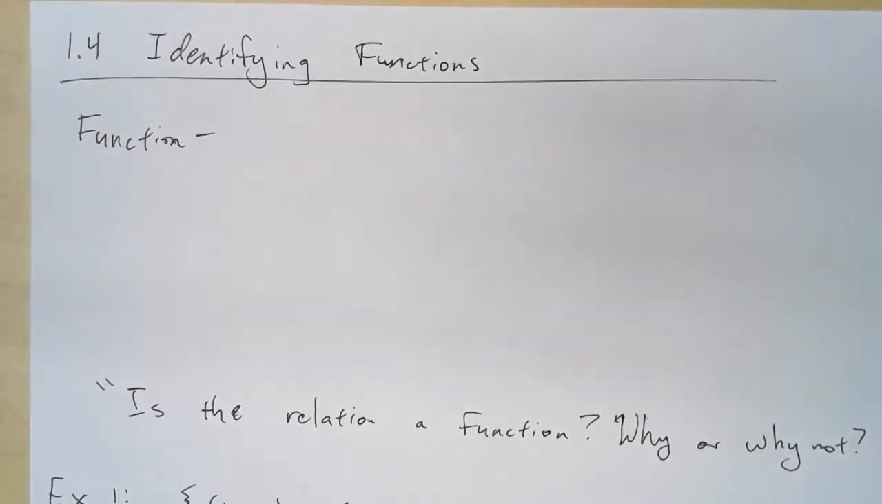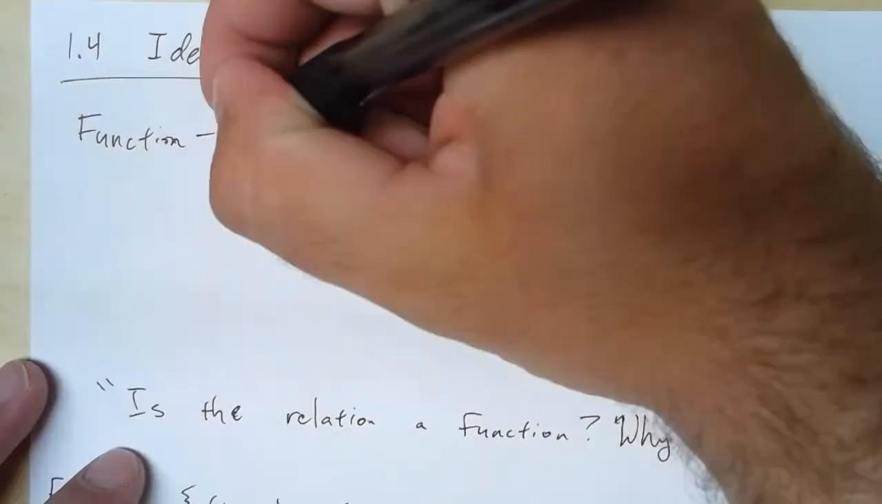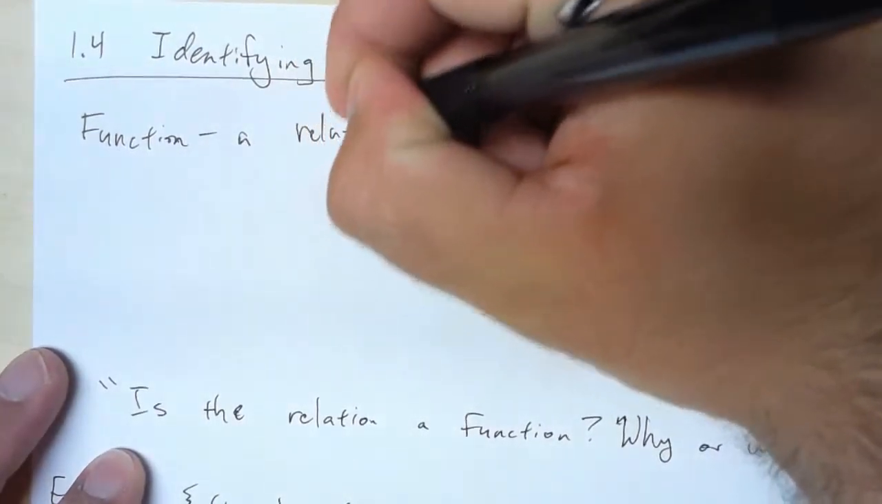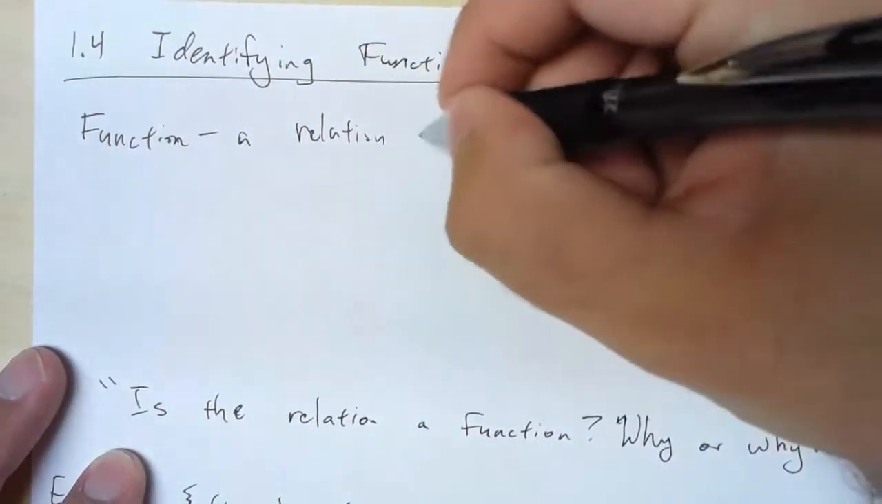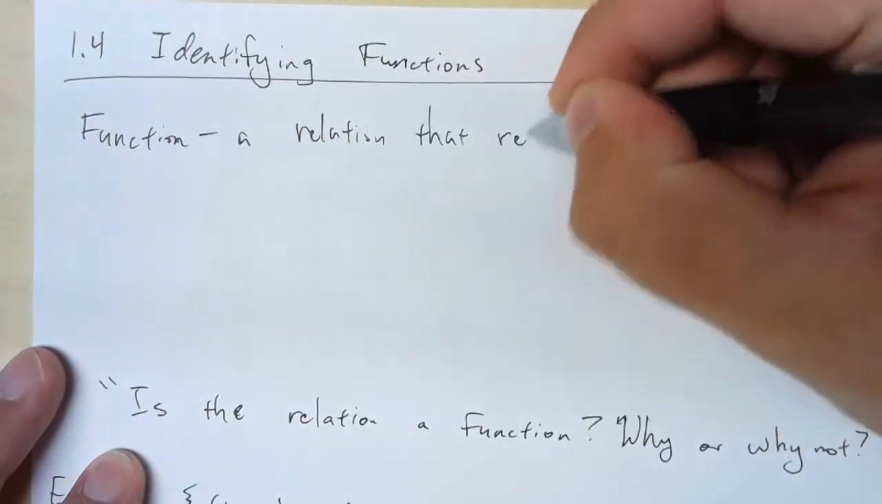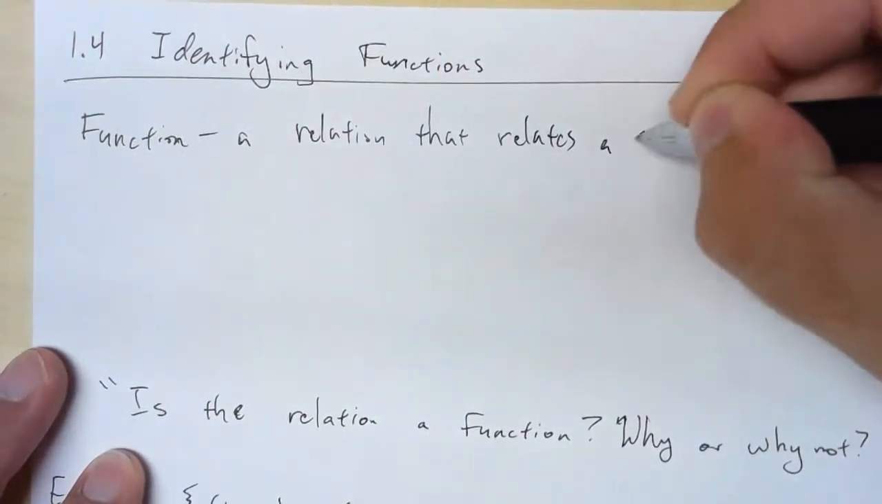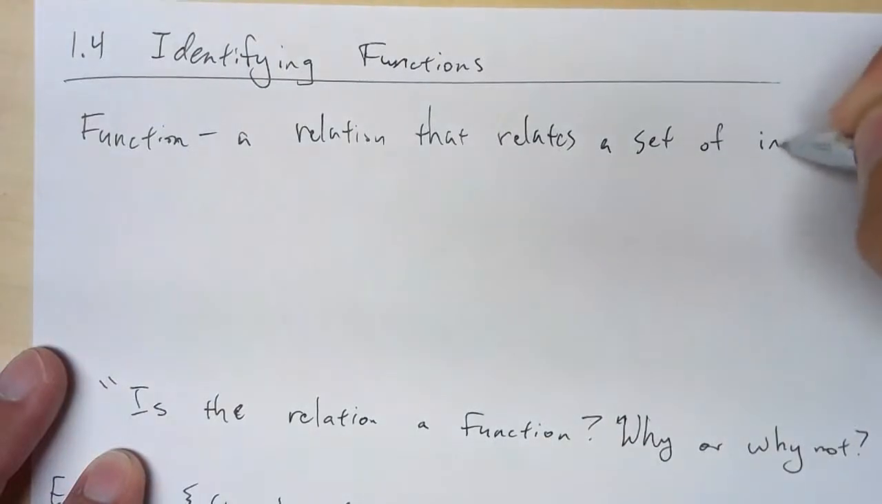Alright, so 1.4 is identifying functions. This is the second video from 1.4. We talked about functions a little bit earlier. We talked about it's a relation that relates, which is kind of redundant again, a set of input values, which we like to call domain,